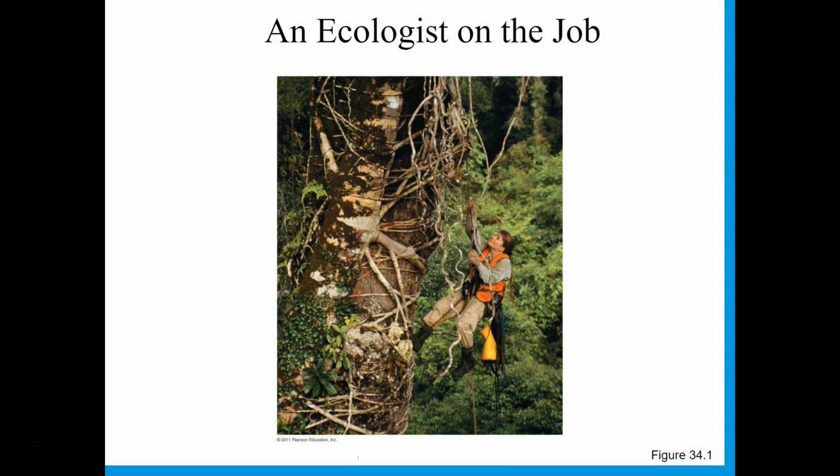So this is kind of what you might expect an ecologist to be doing, like hanging off of a tree, maybe taking some samples, but you can also find ecologists in different places. You can find ecologists looking in your sewers to see what sorts of things are living there. You can see ecologists studying computer models to see what the results of global warming might be. So ecology has a very broad definition because ecology is a very broad category in biology, and lots of ecologists are doing lots of different kinds of work to try and help us understand how organisms in their environments are interacting with one another.